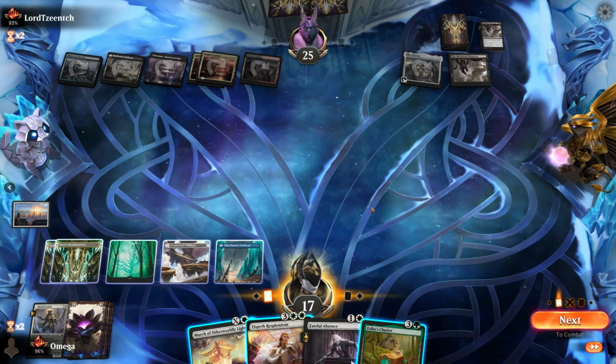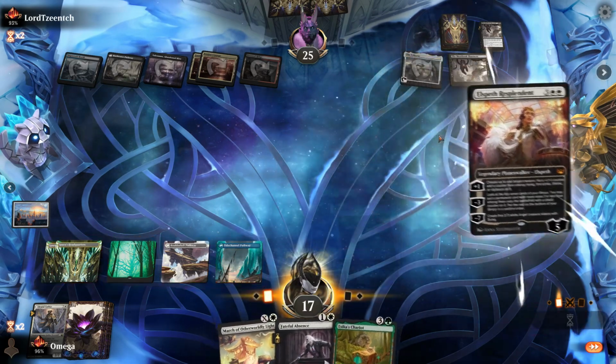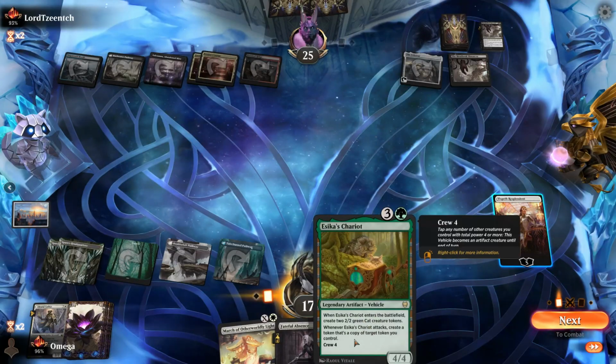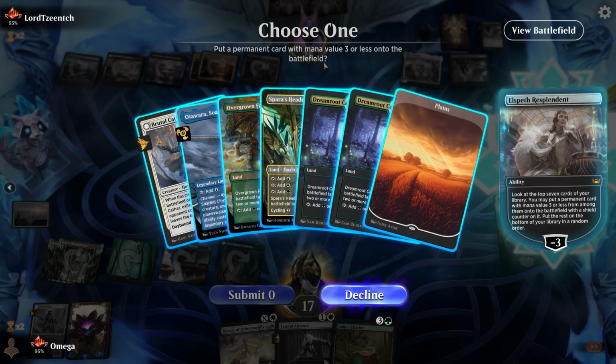Oh man, that's a powerful draw. I still think it's Elspeth. We really want the Planewalker because it gives you some value every turn, but this one is just more. Especially if you can go for...